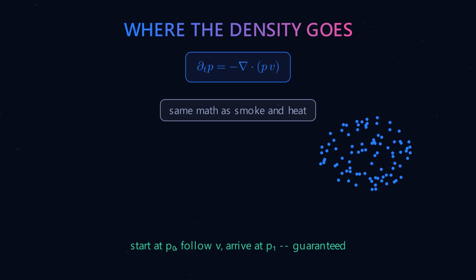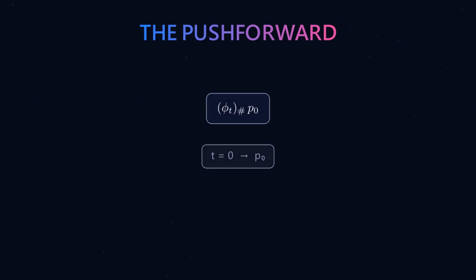If you start with the correct density P0 and follow a velocity field that satisfies this equation, you're mathematically guaranteed to end up with the correct target density P1. No randomness, no approximation, a hard mathematical guarantee. There's one more piece of vocabulary worth locking in, because you'll see it in every flow matching paper: the push